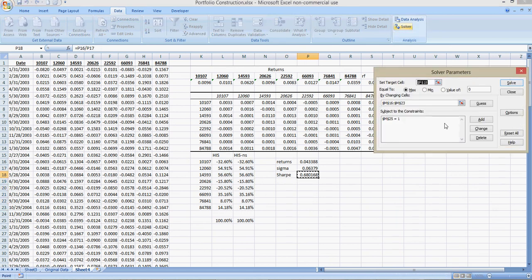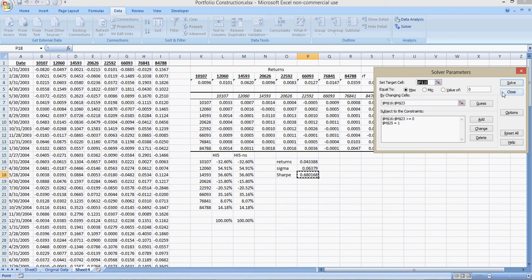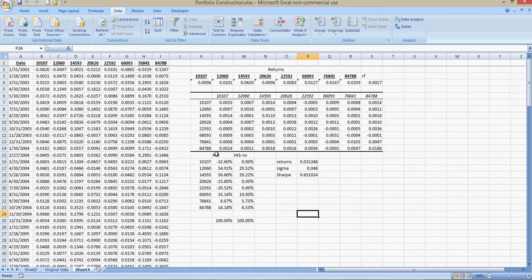But the one thing I didn't mention, there are no short sales, right? So I need a new constraint. All of these have to be greater than or equal to 0. So add that. So I've added that constraint, click solve, OK, and there is historical using short sales allowed, historical no short sales. Okay, so quickly with the